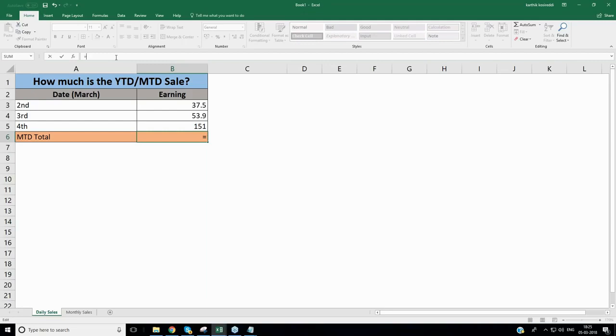This basic thing is saying the sum of cells B3 to C5. How do I do it? Very simple, team. I'll say equals this cell, which is B3, plus this cell plus this cell. Is this correct or not? Let's see. If I just select these boxes at the bottom, Microsoft Excel will say count is 3, average is 80.8, sum is 242.4. Isn't that beautiful compared to what we were living with in Notepad, team?